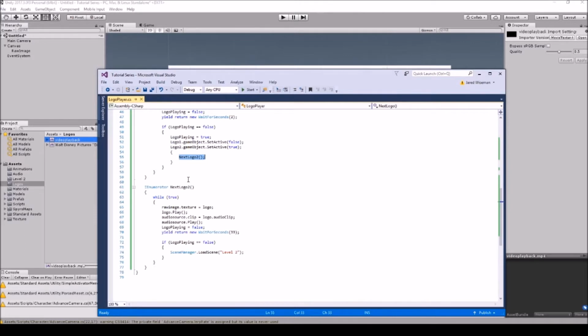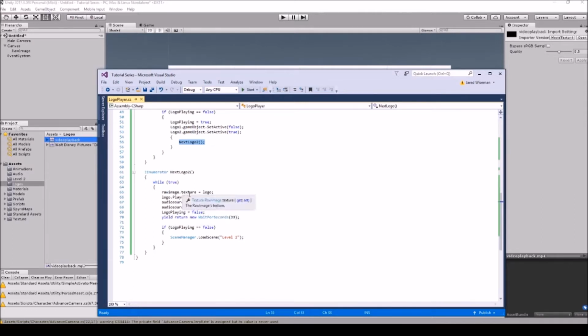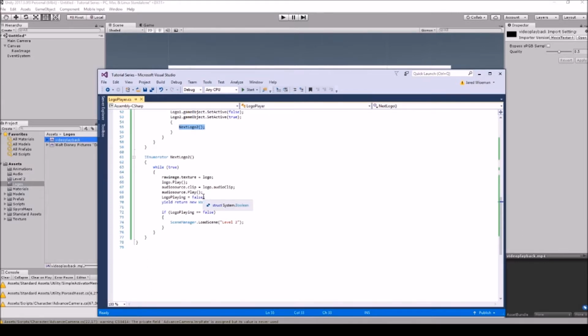And the reason why we want to set it to true before we call the next logo is because we want the audio to not be glitchy and say there's no audio source, or it's deactivated is actually what it would say. So we're going to call the next logo 2, which is while true, and because we set it to true, it will then be true. So we're calling it raw image.texture, and it's going to go through everything again. It's going to play the movie, it's going to play the audio source, and then we're setting it to false